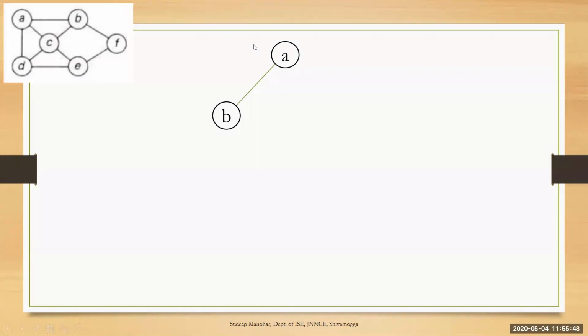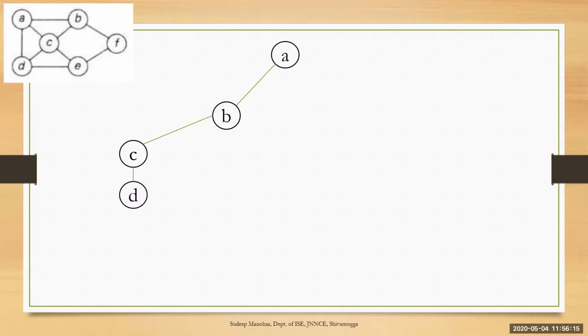A is already part of the cycle, so you don't consider this A. C and F is there. C comes first because it is smaller. Choose C. Next, from C, it is connected to 4 vertices: A, B, D, and E. A, B already come in the path. Leave that. Consider D and E. Out of D and E, D is smallest. So choose D.